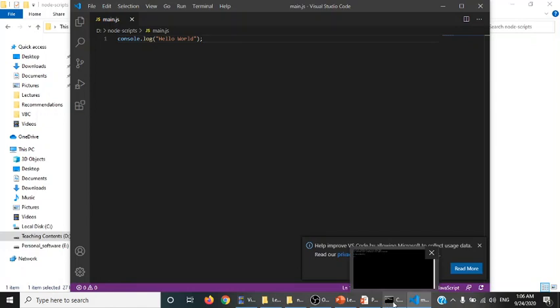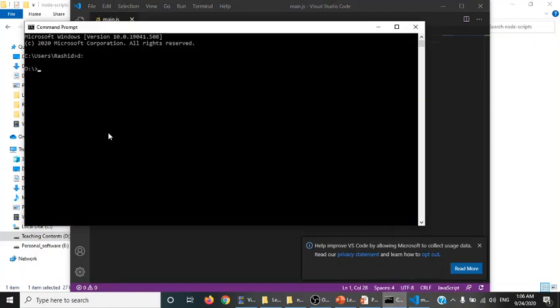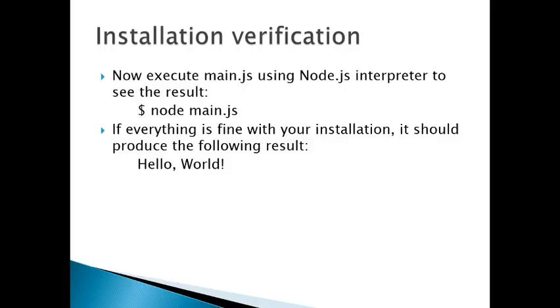From the command prompt, it is in D drive, cd node script, and in it, how I will run the application is: node space the name of the file, like main.js. If I have installed Node successfully, then it will display hello world. So that's how you can check the installation.